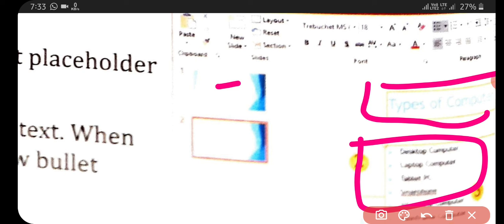These are the methods by which you add text or add a slide in your document.